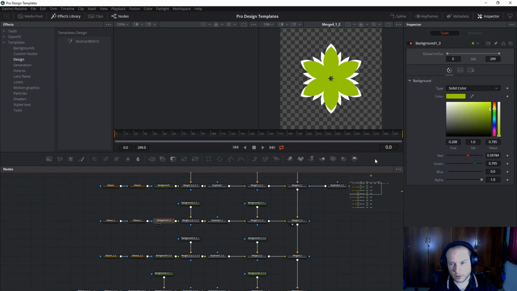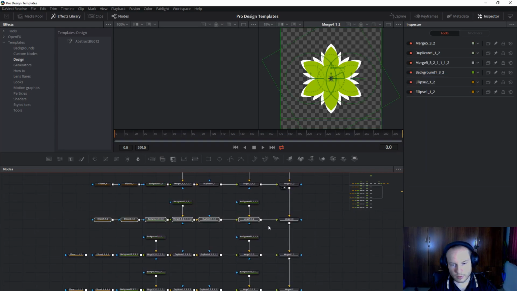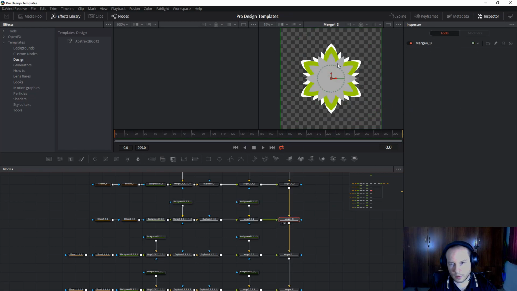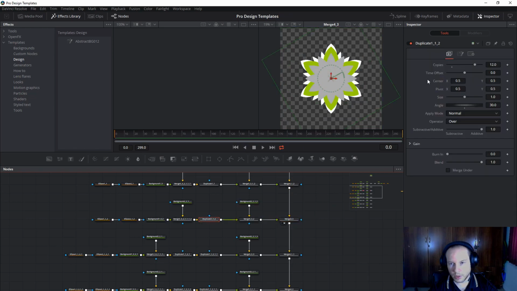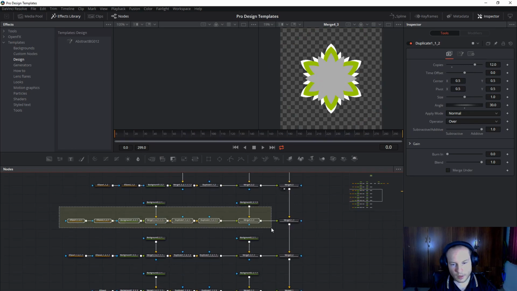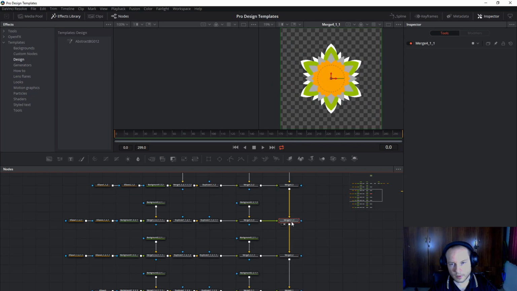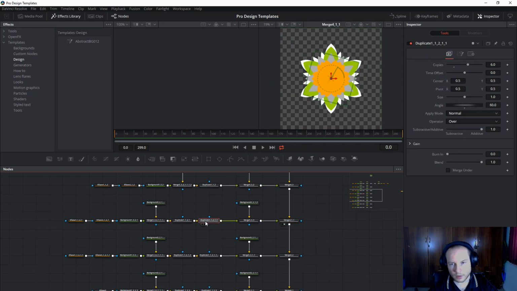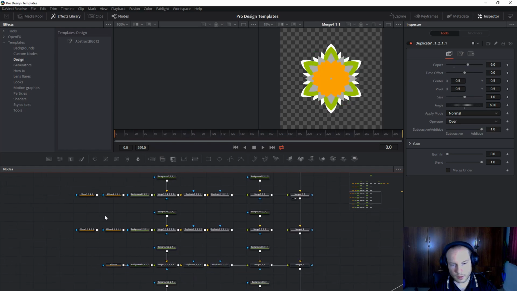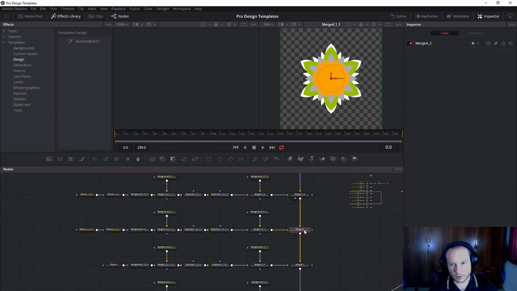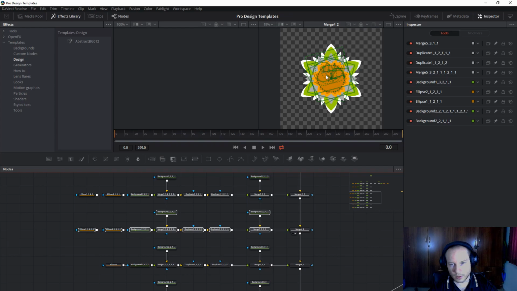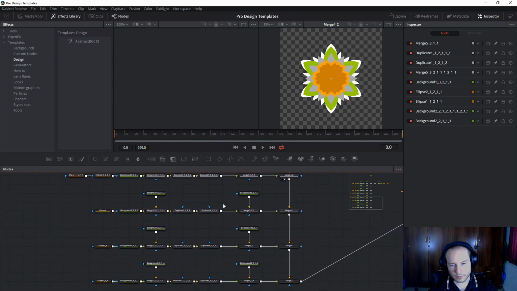I change the color, and another copy here, and change the duplicate a little bit to 12 pieces, and another one. This is another one. I have a duplicate and a duplicate again, and then you will get another copy with another duplicate,